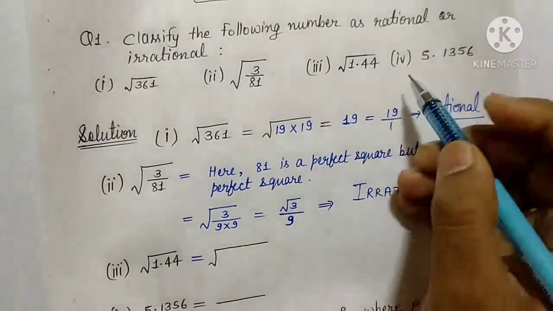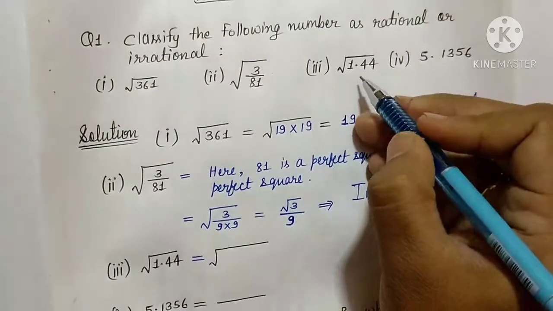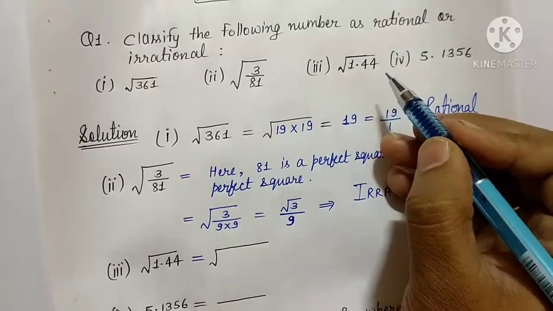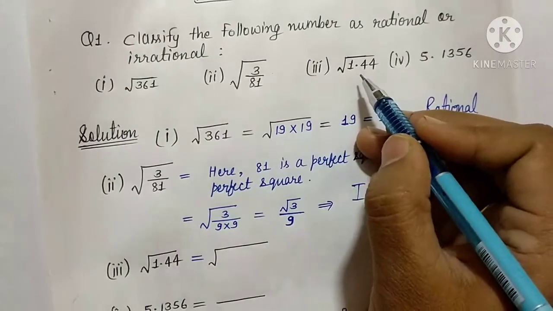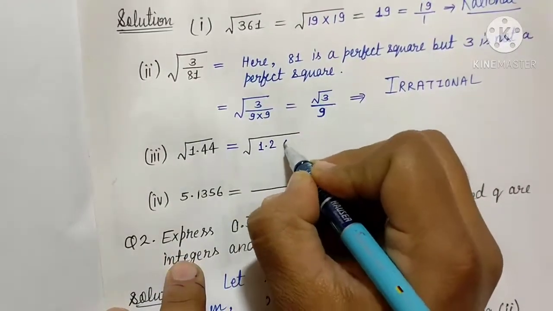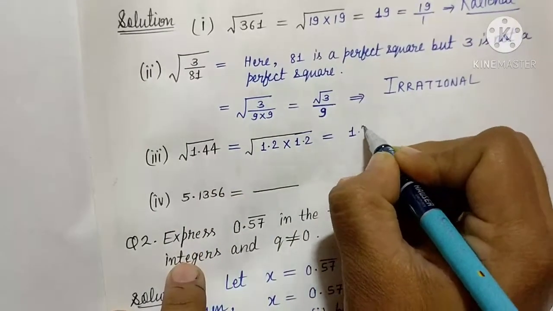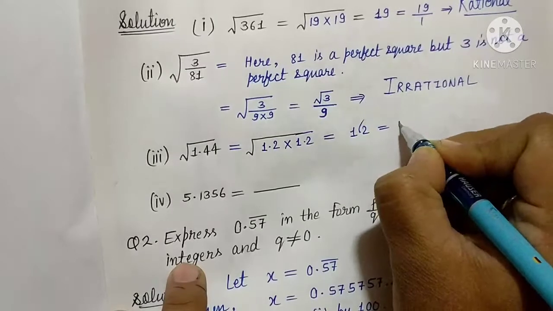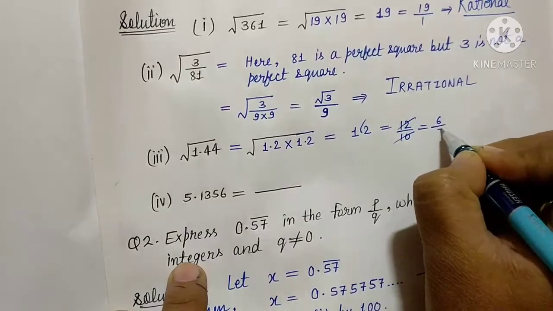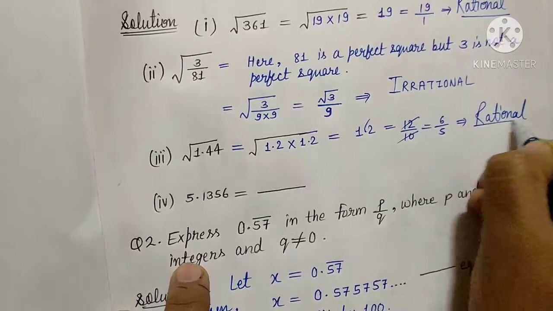Now if we move to the next part, that is under root 1.44. Now when we are observing this number 1.44, it reminds me of 144, whose square root is 12, which is a square of 12. But it is 1.44. So it's better if we write it this way: 1.2 multiply by 1.2. So again it will come the same as 1.44. So 1.2 will come outside, which we can write removing the point as 12 upon 10, or you can say 2 sixes are 12, 2 fives are 10, 6 upon 5, which is a rational number only. Once again, rational number only.